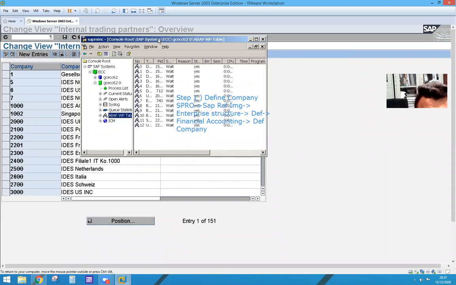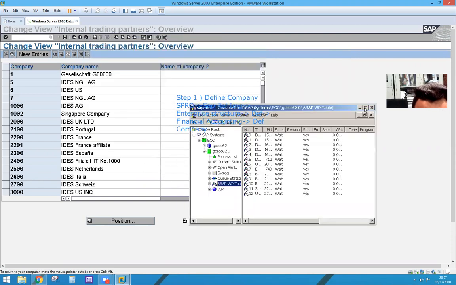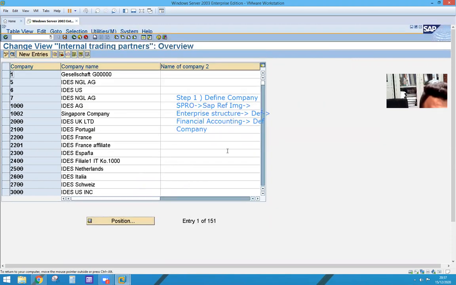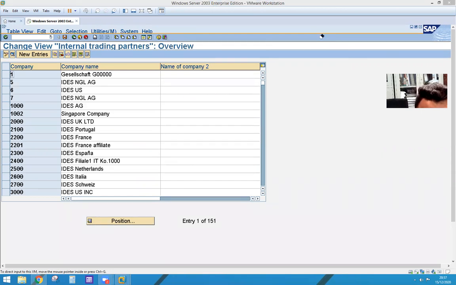I'm just clicking on this refresh button so that things go very fast. And another thing, let me clear this. Now new entries. Whenever I say definition, new entries. Definition of new entries.